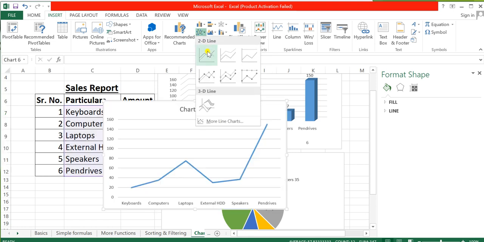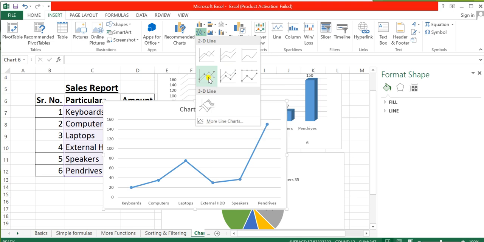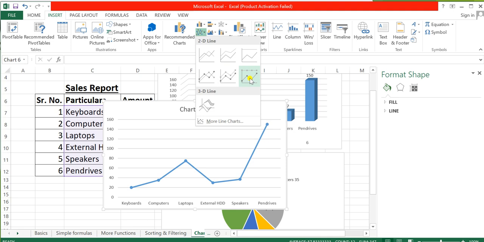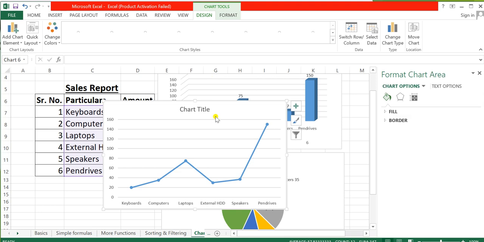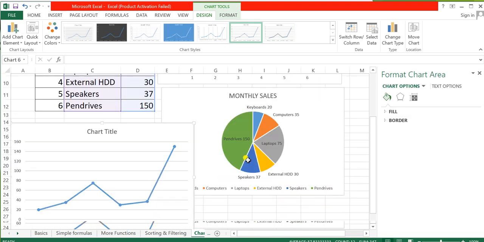Now it will ask which type of chart you want, 2D line or 3D line. In 3D line also there are many options, and the markers are different, so it depends on you. Now I will select this 3D one. See, this chart is inserted. I'll simply drag this down.